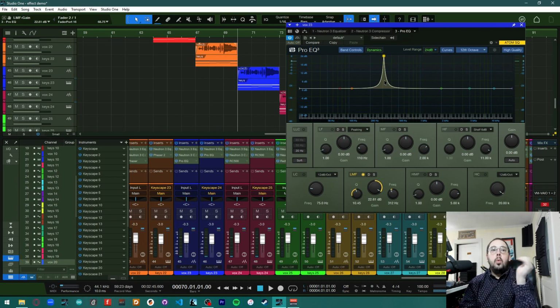If you heard that kind of sweeping effect, that was the EQ boosting a very specific frequency in the sound. So this is useful for removing any problematic frequencies, any extra noise, or adding color to the sound by emphasizing certain things. So for the end of the video, let's play with